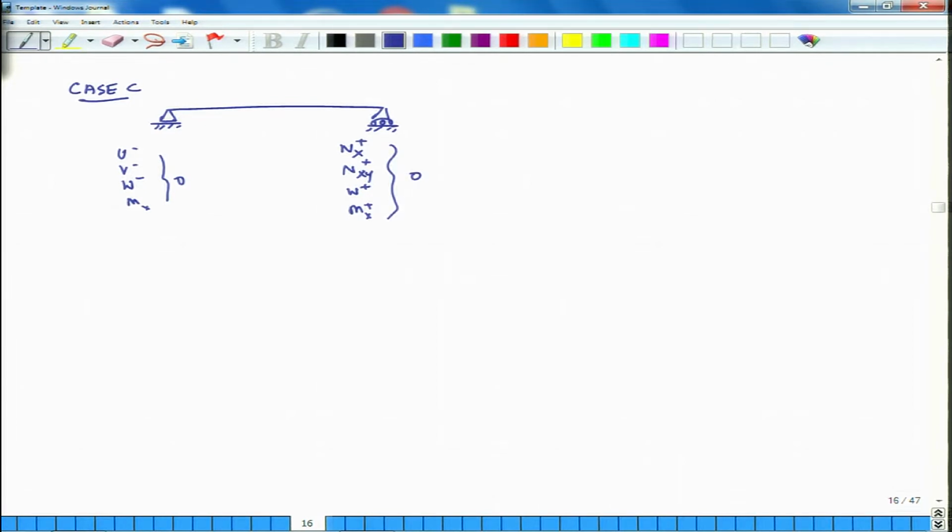Okay. And in case D, both the ends are pinned as well as fixed. So, U, V, W, Mx, they are 0 at both the ends,